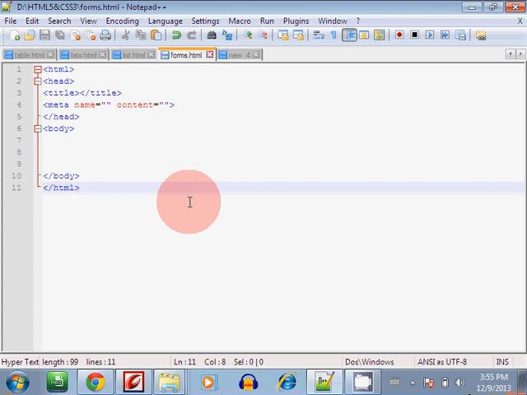So it is forms that will make this very easy and possible for you as a web or mobile